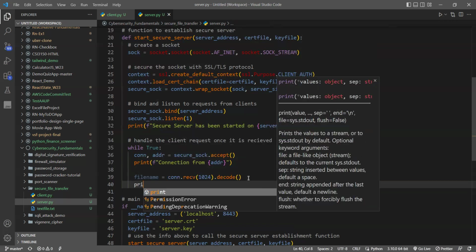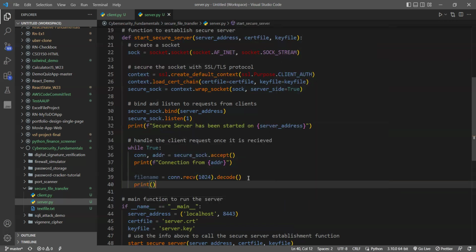So we can create a return prompt here on the server side to make sure that if we do face any error when we run this program, we can validate whether we are receiving the correct file name or the error is coming from something else, right? So we can say something like, requested file by the client